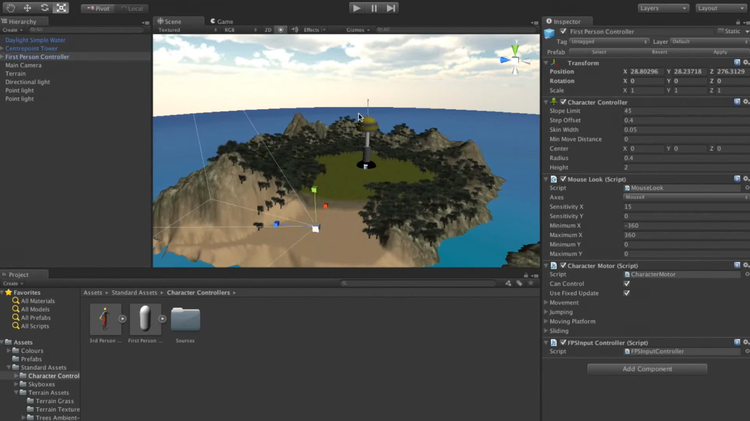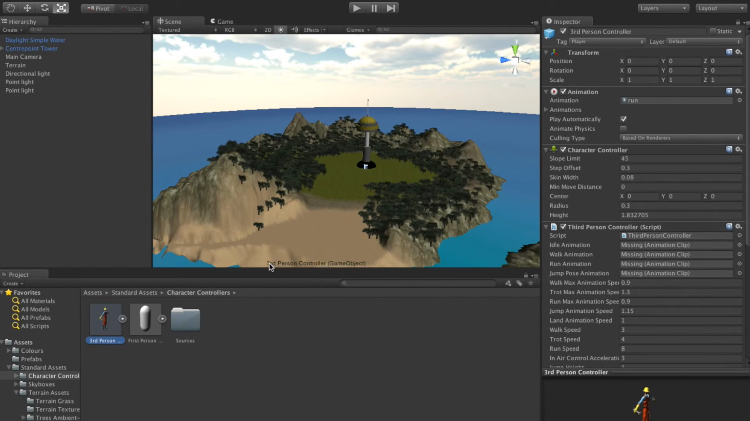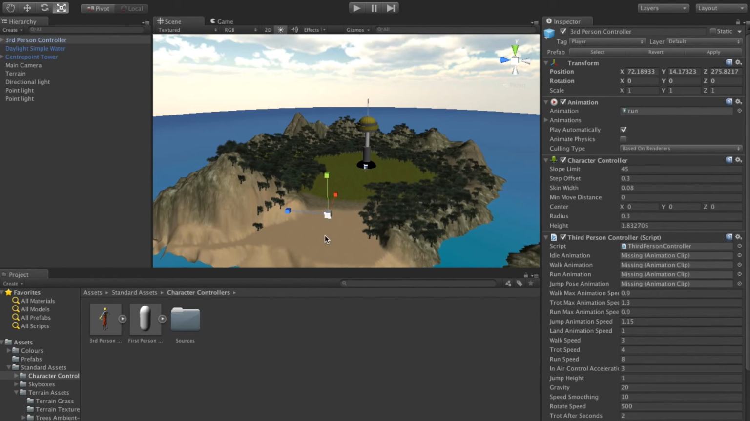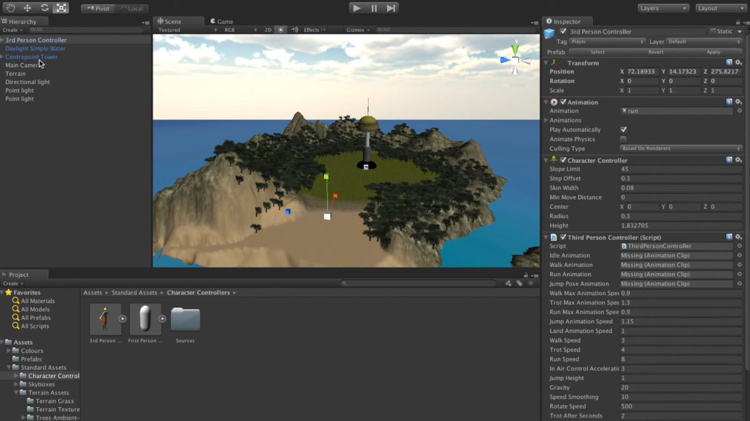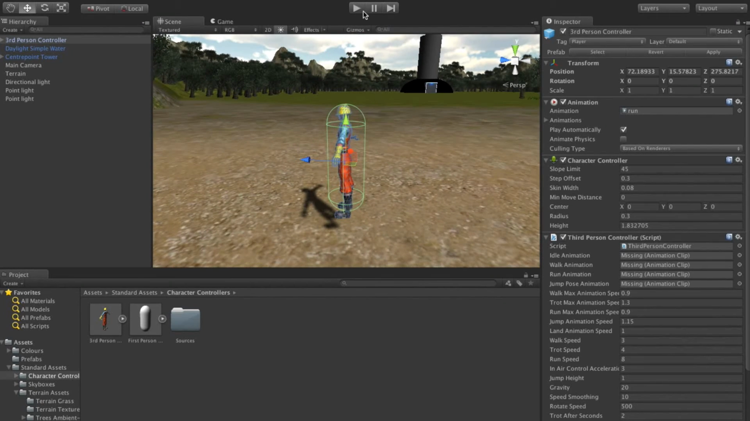Okay, now what we're going to do is basically go over here on the left hand side. We're going to right click, we're going to delete our first person character, and we're going to go down to third person, and we're going to drag that one onto our game. Let's just make sure this character is above ground, so let's move him up, and as soon as he is above ground, hit play,